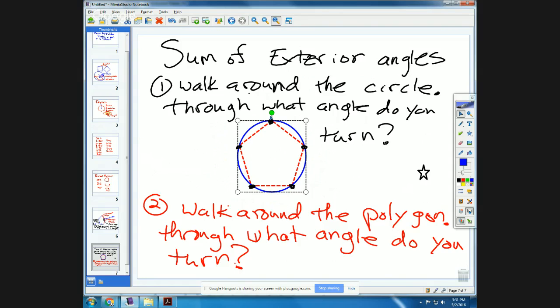Same thing happens to be true on a polygon, because if you think about it, walking around the circle is a lot like walking around the polygon. You're just kind of shortcutting as you go, but your body is turning the same way as it would on a circle. Does that make sense? Okay. And the significance of that